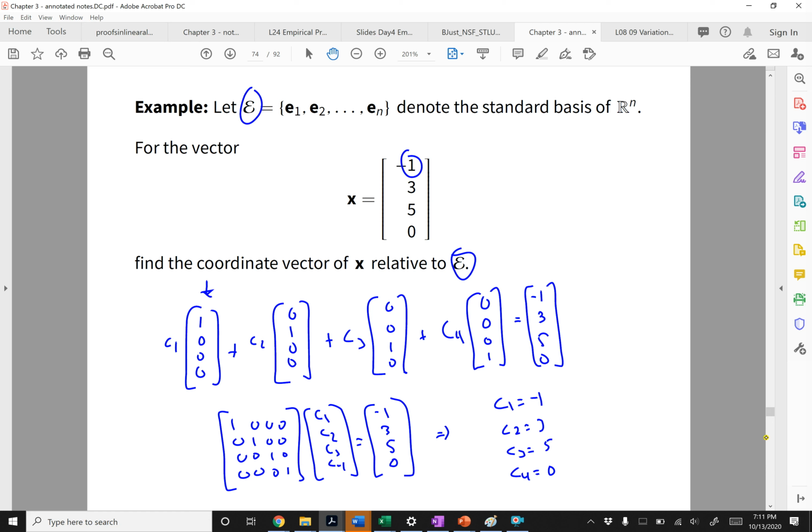Well, this is the easiest one because that's just -1 times E1, like this 1, 0, 0, 0. It's 3 times this. It's 5 times that, and 0 times that. So I did set this up. These are two different ways to set this up. But either way, the only way to get 3 here